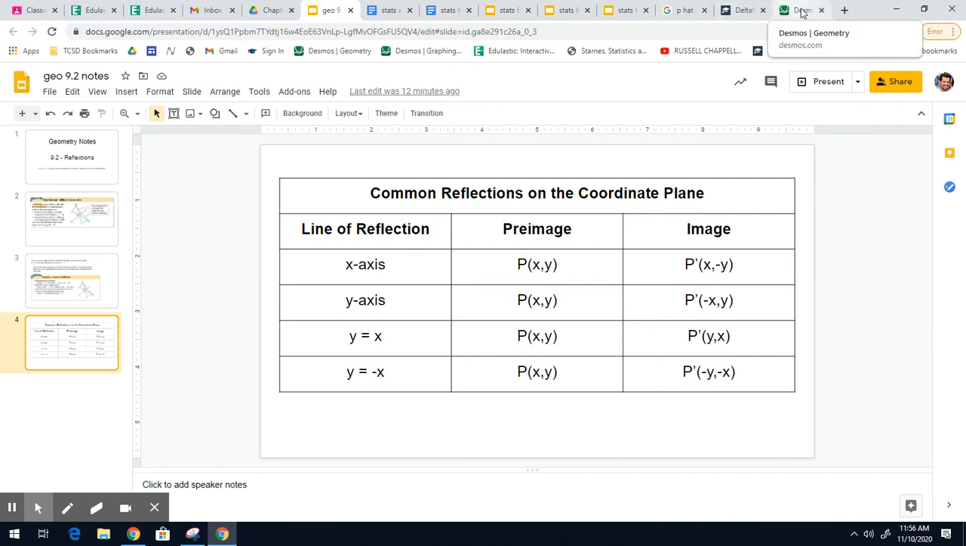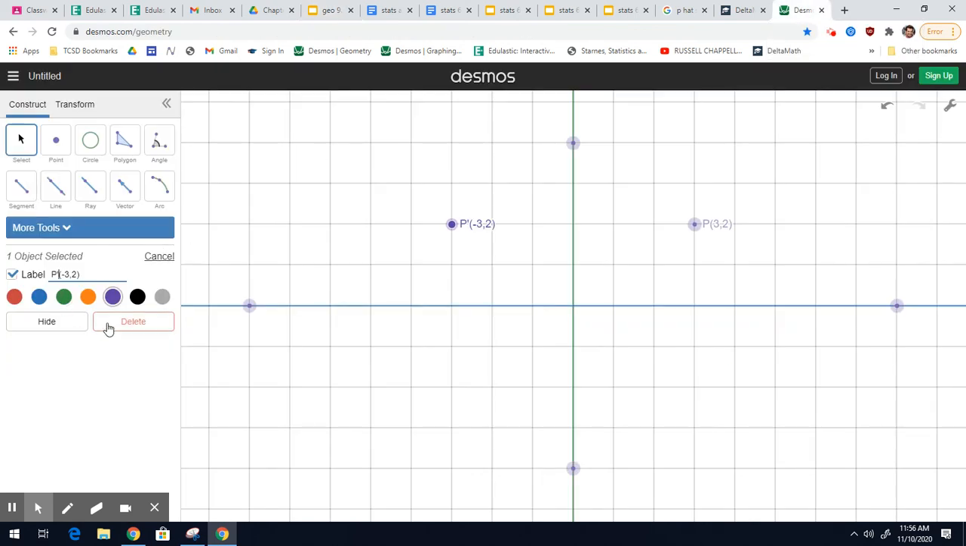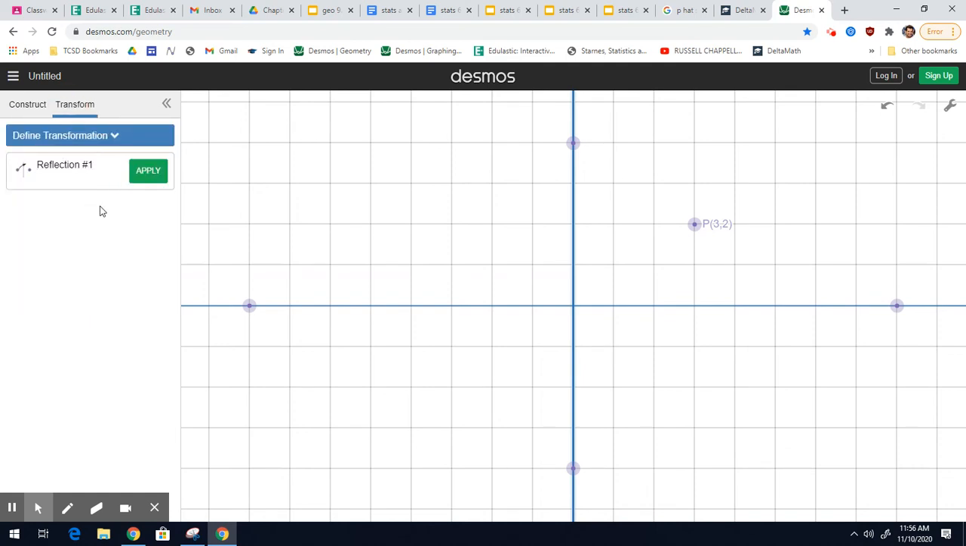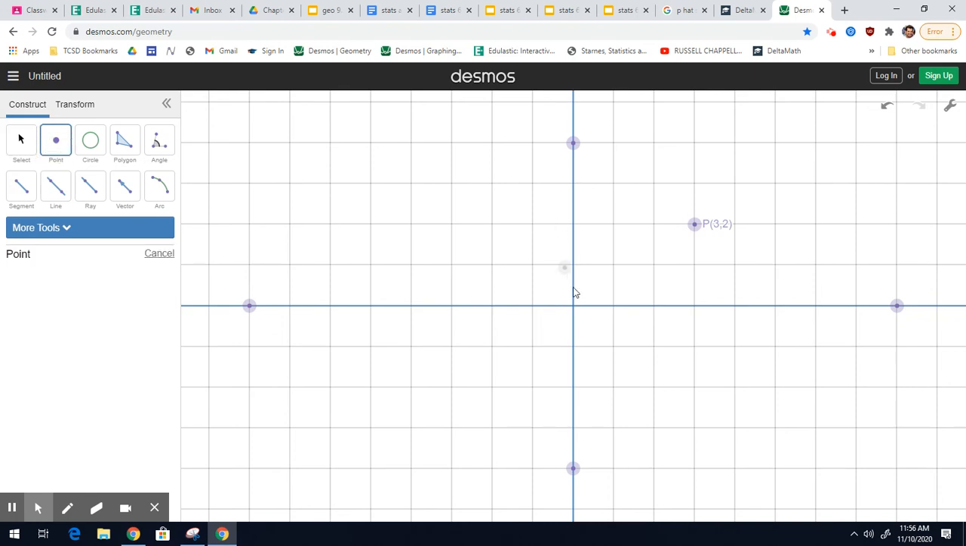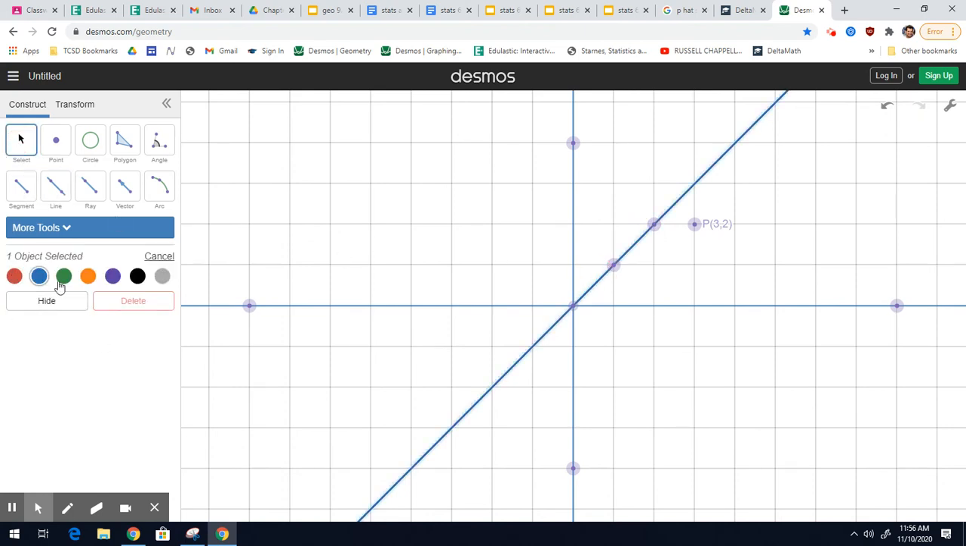Okay, well, let's go ahead and graph that here. Let's delete that point. Let's put our y-axis back to blue. Let's delete this transformation. Okay, so the line y equals x means that every point has the same x and y coordinates. So 0, 0, 1, 1, 2, 2. That's the line y equals x. We're going to make that line green. And now let's define that reflection